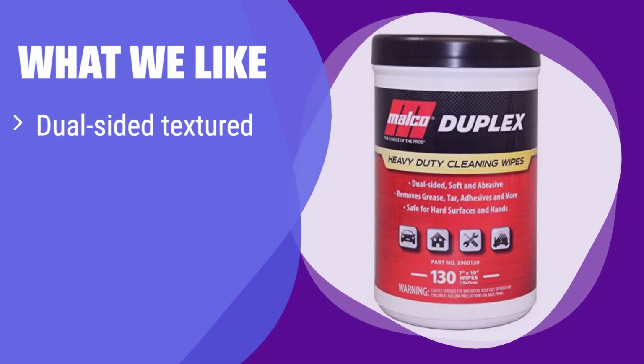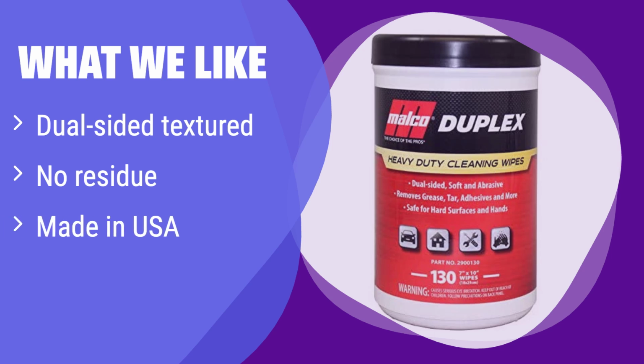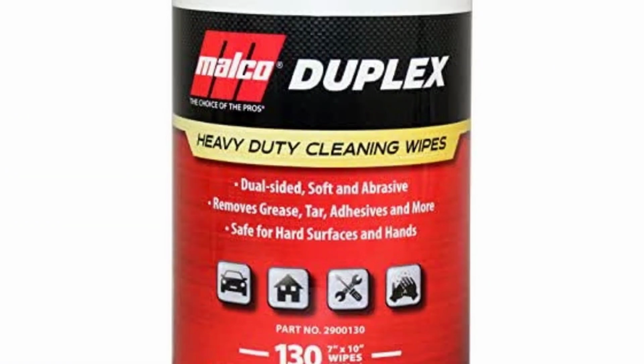What we like: these dual-sided wipes tackle a wide range of messes, from grease and tar to paint and oil, without leaving any residue behind. They're safe for your hands and various surfaces, and are made in the USA. If you value quality, effectiveness, and a clean finish, this is the one for you. What people say: